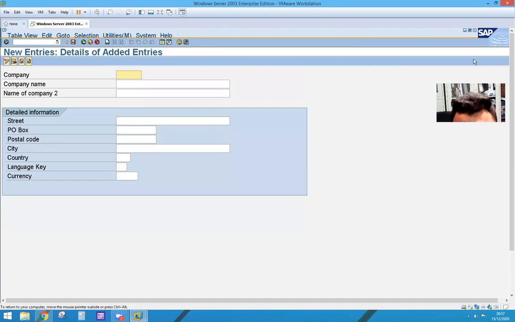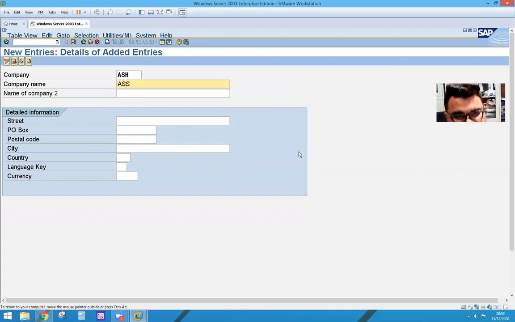Again buffering, it is taking time. Company name can be 1, 2, 3, 4, 5, 6 characters. It can be alphanumeric. But what I'm going to do, I'll make Ashfaq group. So ASFQ, or what could be the short form? ASH. Always give 4 or less than 4. So what is the company short name? ASH. Okay.